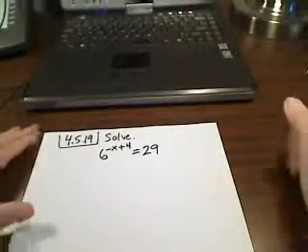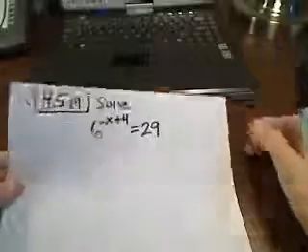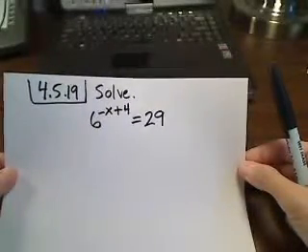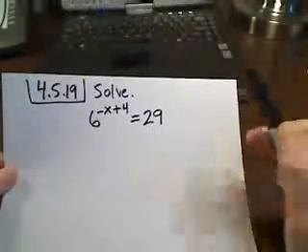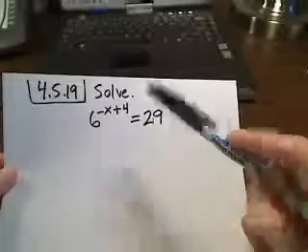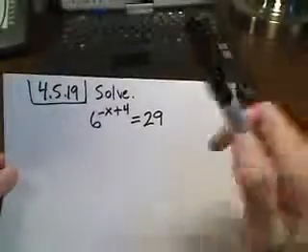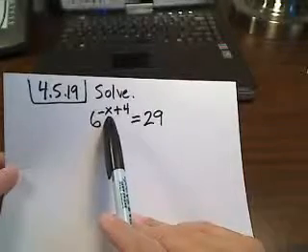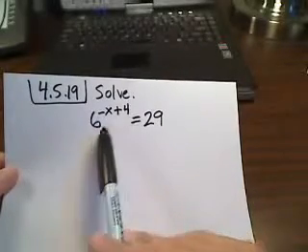So here's a question that was asked over email. It's from section 4.5 and problem 19. Directions just ask you to solve, and they give you 6 to the negative x plus 4 equal to 29. And in this problem, any type of problem, when you have a variable in an exponent, if you're